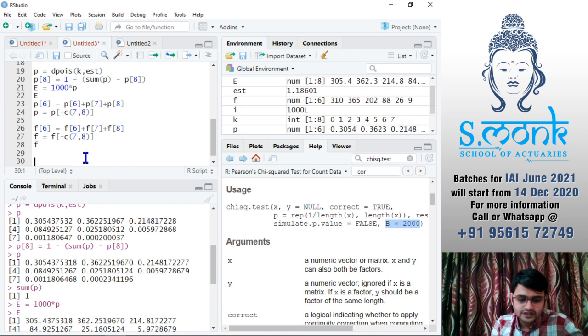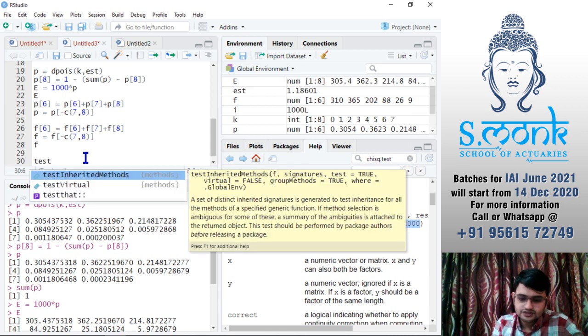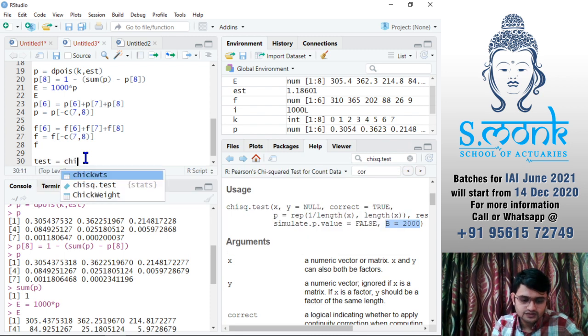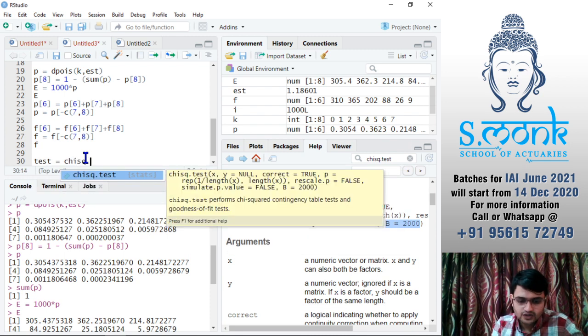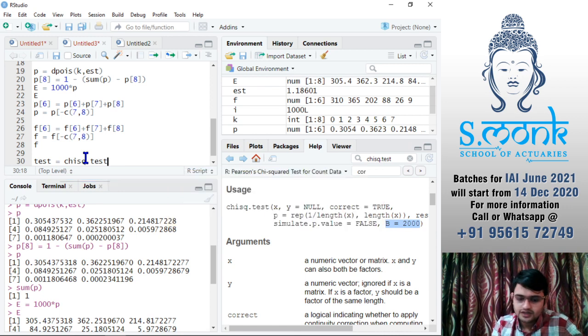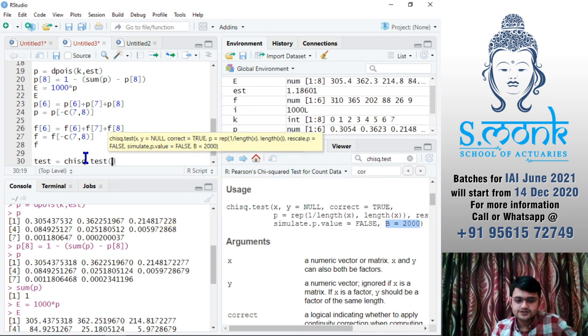So we'll say our test is chi-square dot test, and in bracket first we'll specify our f, then we'll specify p. So I'll say p is equals to p, and then all we have to specify is how many times do you want to simulate it. 2000 is good enough, so I'll say b is equals to 2000.